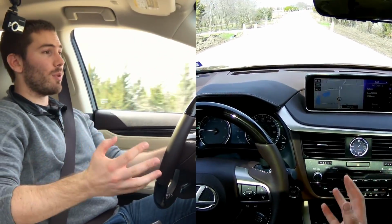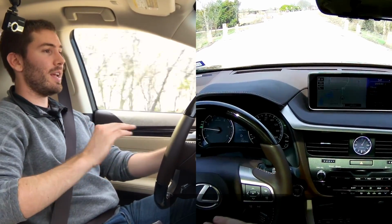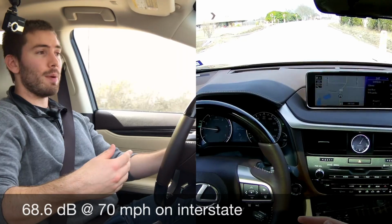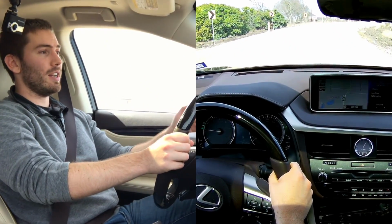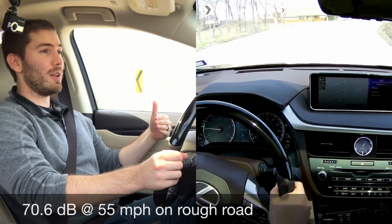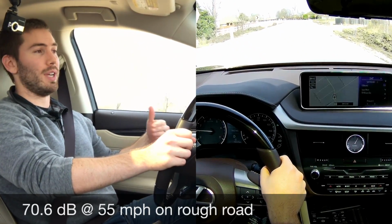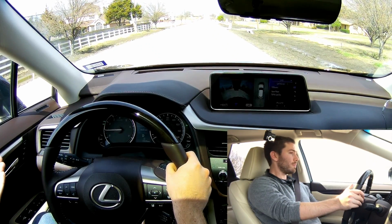Another thing about being on a rough road like this is I always take decibel ratings when I can on the same road surfaces, a smooth one and a rougher one, and both of them were pretty quiet. It was a little bit louder than I expected on a rougher textured road, but I've had no rattles. It's not loud by any means, it's just a little bit more than I expected, and it's just quiet and comfortable. I can't say that enough. Now with all-wheel drive, just in regular mode,